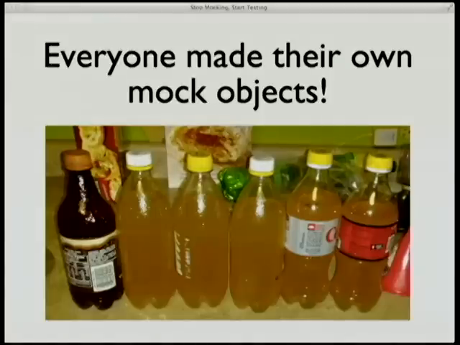So we thought we were doing really well. We thought we were on the mend. We thought we were having really good habits. And even adding tests was helping, but these are actually problem tests that we're writing. And at first they looked really useful because they were preventing bugs, but everyone was making their own mock objects. And what happens when everyone makes their own mock objects is now you have n, where n is the number of tests you've written, stupid little implementations of something that you have to mock out. So when you change that thing's behavior, you have to go find all of them.